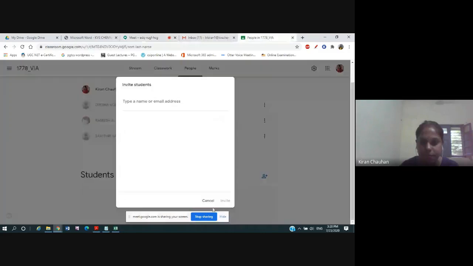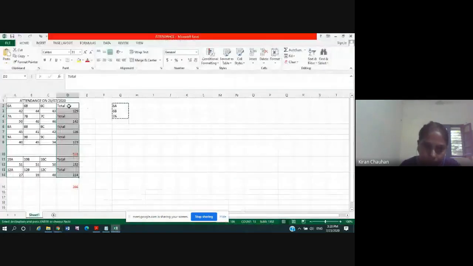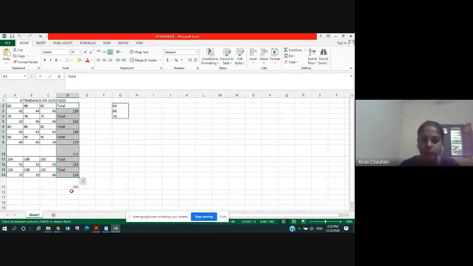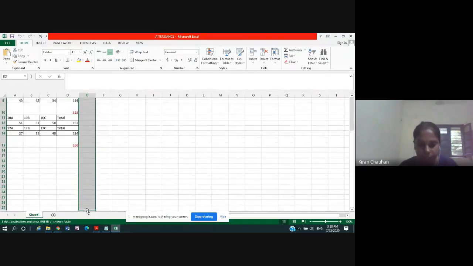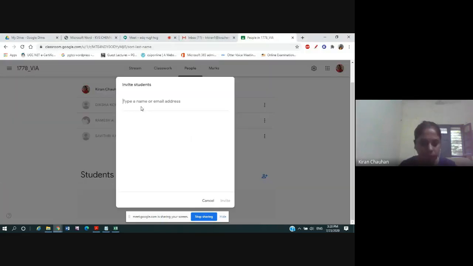I will show you. First, I will complete this. What you can do is go to the Excel sheet and copy all the email IDs in one go. You select the email IDs like this, like this, like this, all the email IDs of 50 students. Copy, come here and paste it here, so that all the G Suite email IDs will be added here. It will come automatically. You try it and check it. Then you have to click on invite so that the students can be invited.